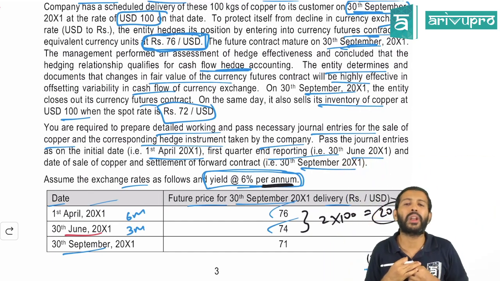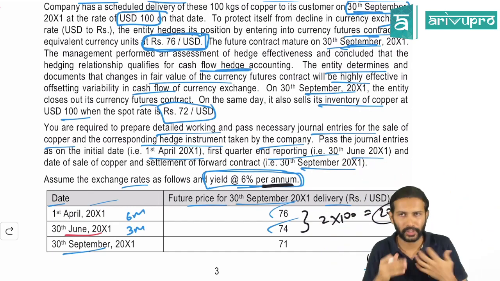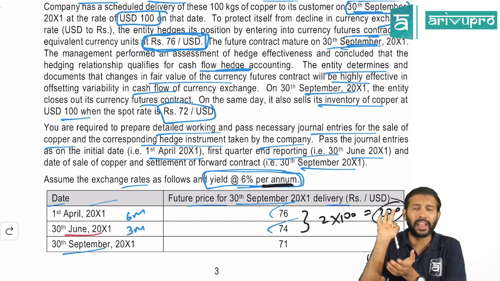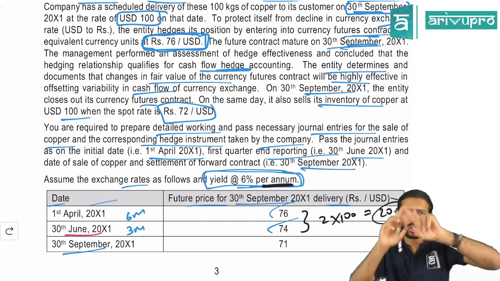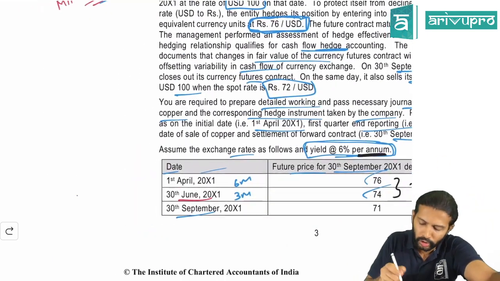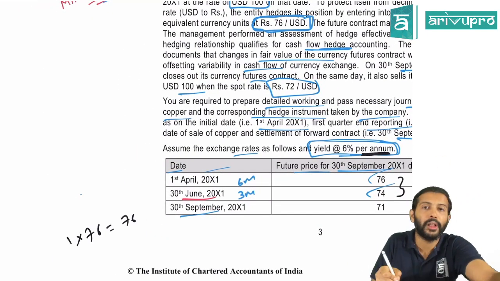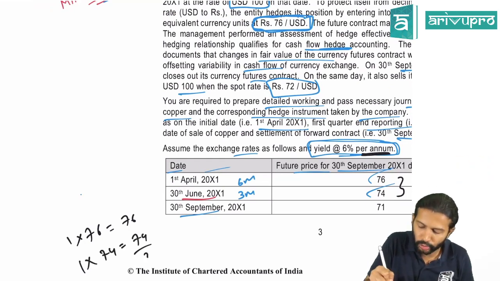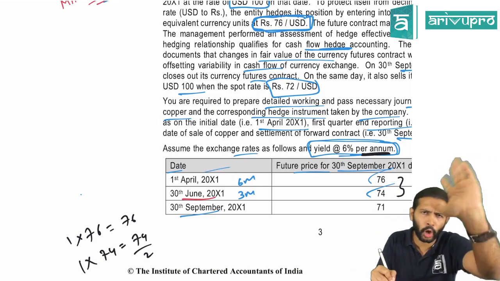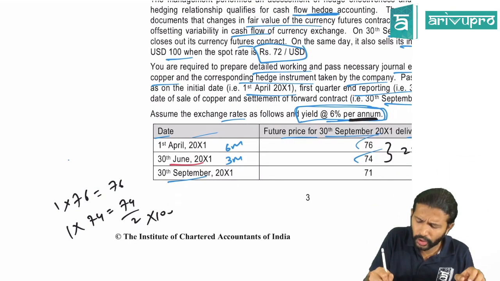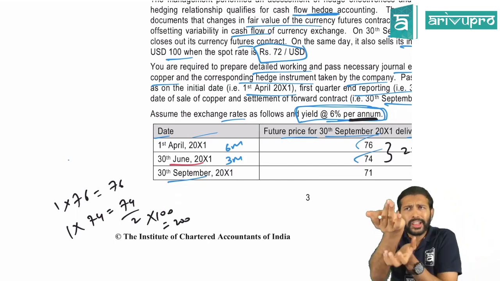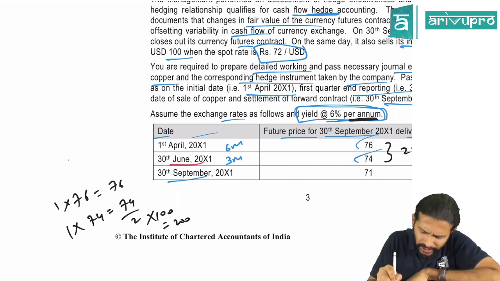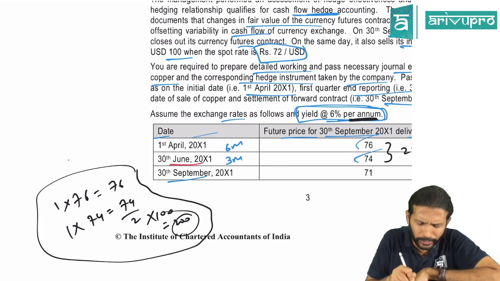So how much can I sell that contract to you for now? At what value will I be able to sell it? The other party will be happy to buy that, yes? Because the selling right on the contract is 76 on $1. So on $1, he will get 76 rupees. But in the market, if he enters into a contract, he is getting only 74 rupees. So 2 rupees gain, he is getting. This contract is for $100, so 200 rupees is the total gain. So I'll expect 200 from him. But one question he will ask me: Boss, I understood your calculation. Yes, I agree that 200 rupees is the total gain.